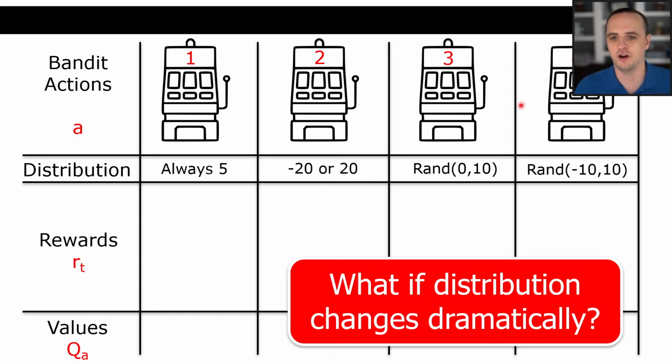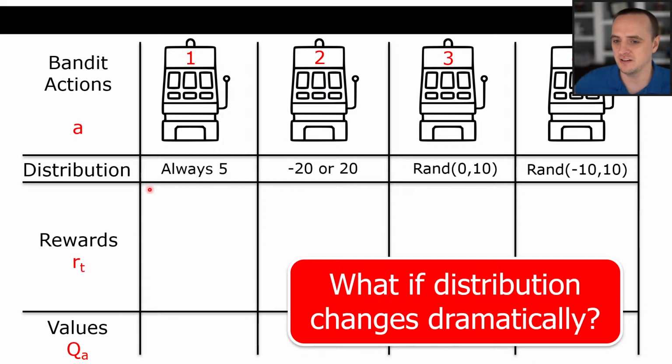Let's say we've pulled all of these slot machines 1,000,000 times. So we've got a bunch of money or very little money, but we've pulled all of these slot machines 1,000,000 times. Once I've pulled them 1,000,000 times, I am very certain about the average. I am so certain I could probably tell you exactly what the slot machine is going to do on average. But what if after 1,000,000 pulls of each slot machine, there's a patch on the slot machine server